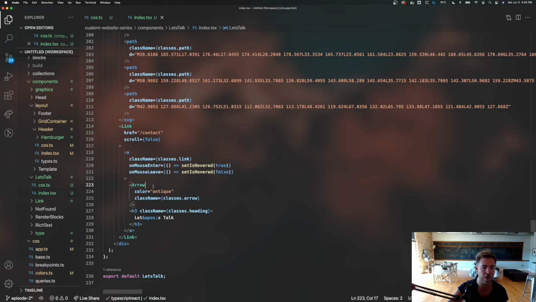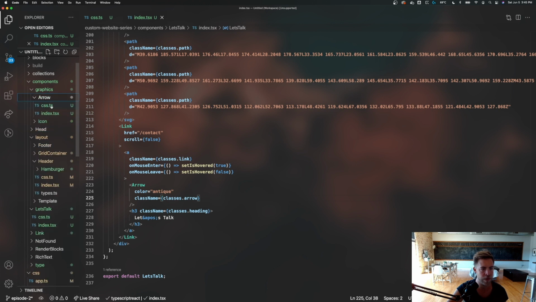And then I created another graphic called arrow. And this time I gave the arrow a prop that takes the color and the class name. And then I just have the heading itself. So this arrow component, I want to stop there and look at that really quickly because it's